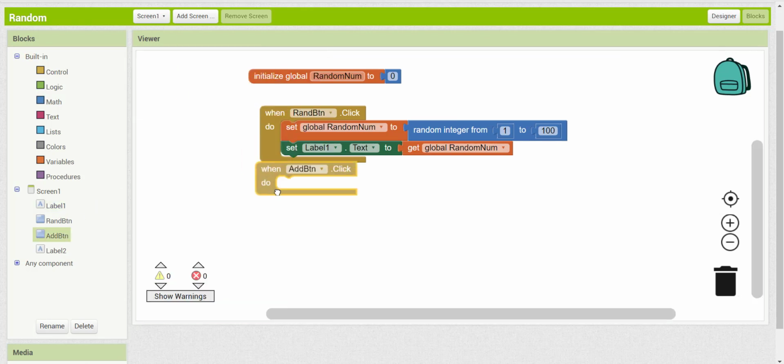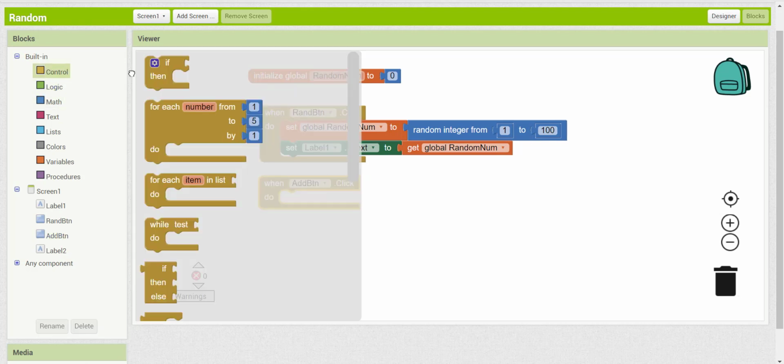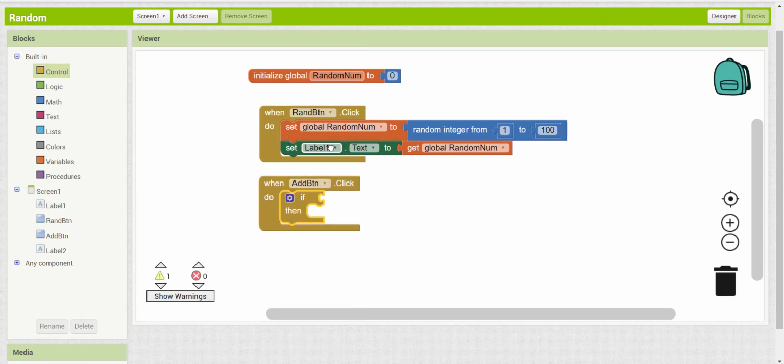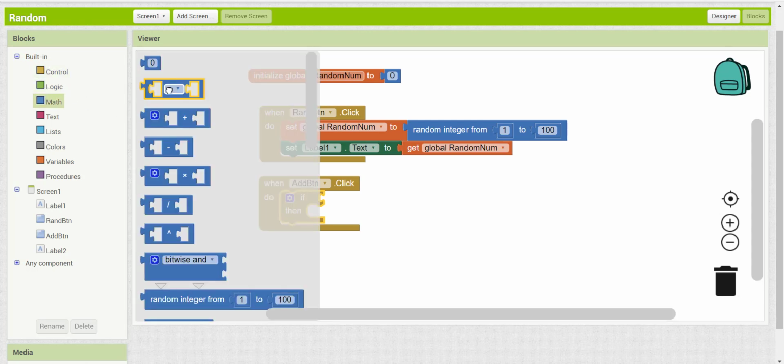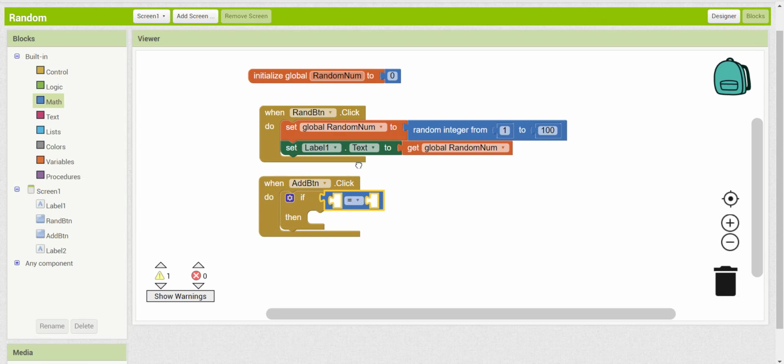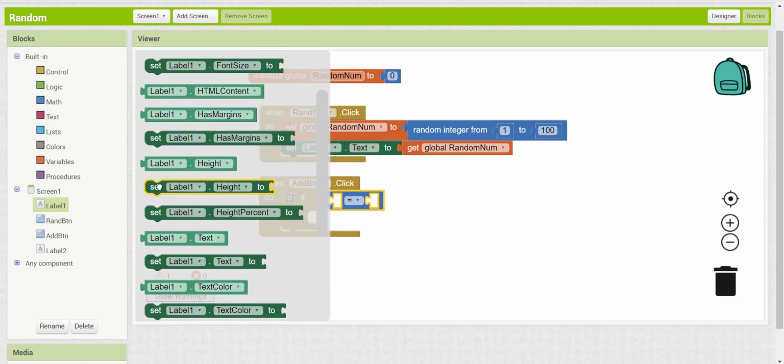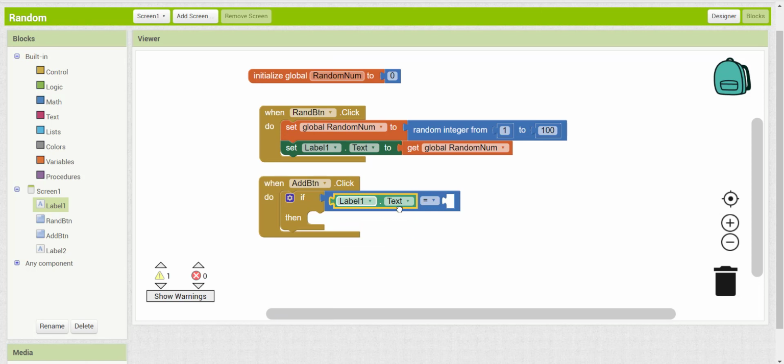When I click on this button, I need to check if value on the label 1 text, check. If the value inside this label, I will get the value of the label. Is more than or equal 50,